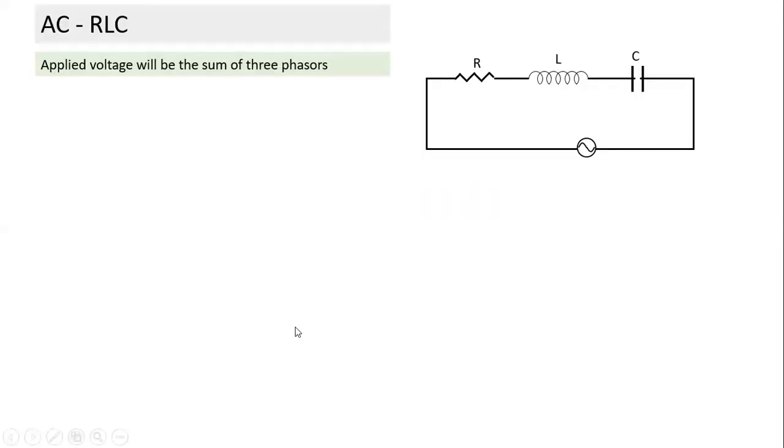So today in a very similar way, we'll pick up a circuit where all three are there. And the basic principle will remain the same. So if we apply a voltage here, just understand in this case also, we talk about any particular instance, what will happen at an instance. Let's say this is connected here. This is the supply source, which is an AC supply source. This AC supply source voltage will have an amplitude, it will have omega, and it will have a certain phase. Phase is not so relevant here.